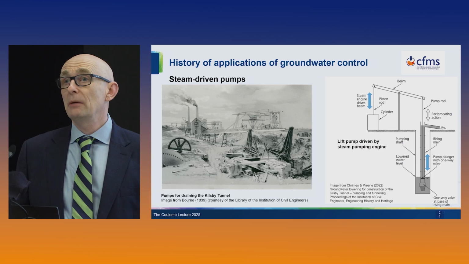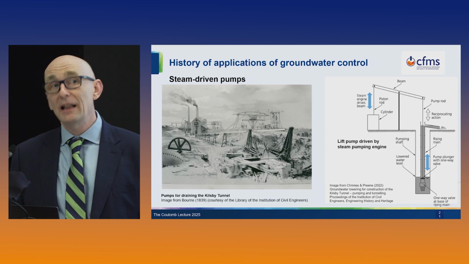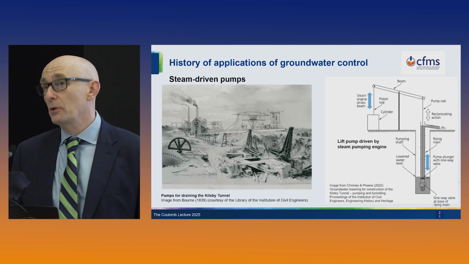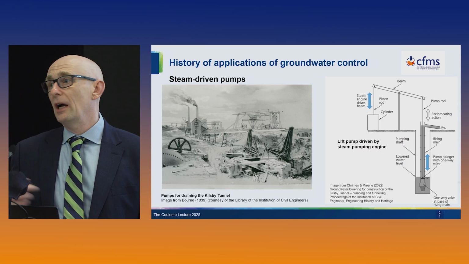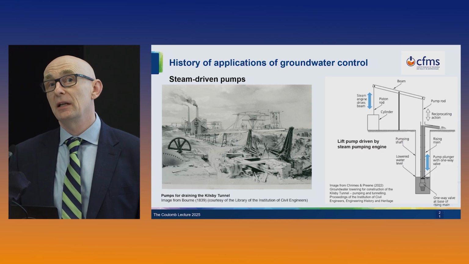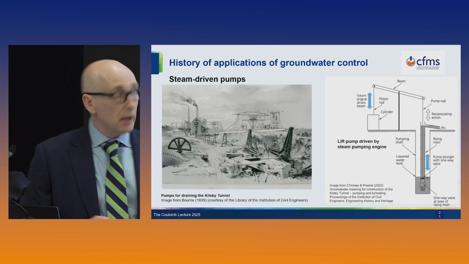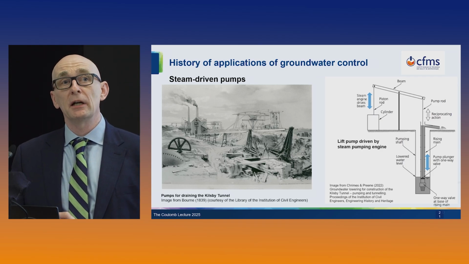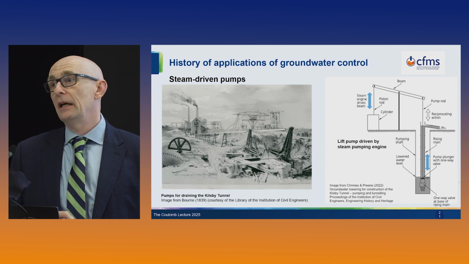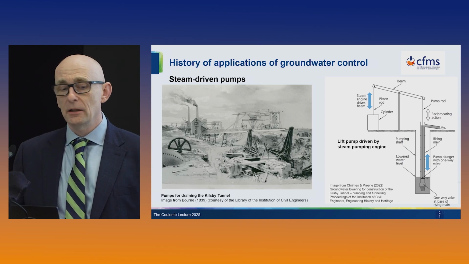In the 19th century, steam power became developed. And if you look at the history, steam power was probably developed, broadly speaking, for groundwater control. The dewatering of mine shafts was one of the primary drivers to developing steam engines. So steam engines we understand today, you could argue, come from a groundwater control origin. This is a picture from a project called the Kilsby Tunnel in the UK, which was built under the direction of the engineer Robert Stevenson in the 1830s, and it's generally recognised as probably the first large-scale application of pumped groundwater control in the modern pattern.